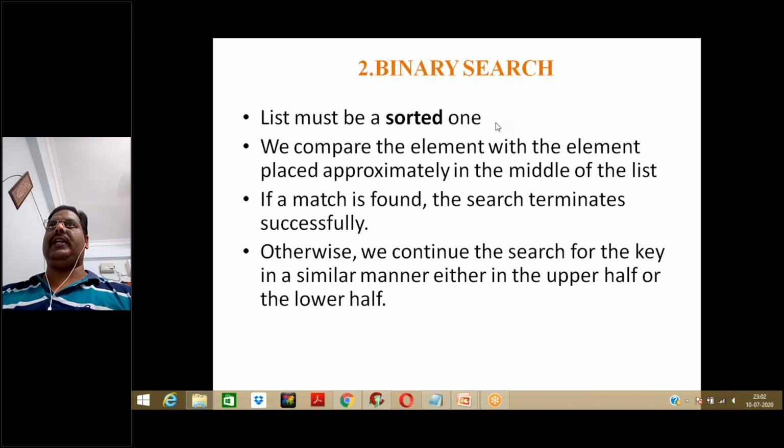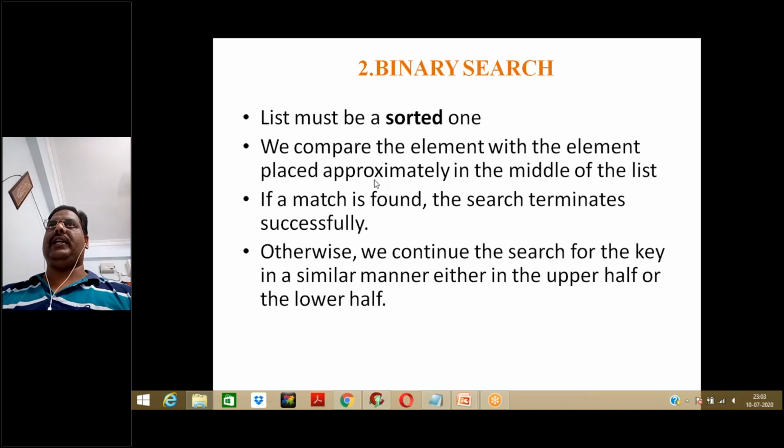You can use some other techniques in data structures, which are nothing but bubble sort, insertion sort, selection sort, and a lot of techniques, so that you can apply any of the sorting techniques on that unsorted list. Once you have sorted that, then we can apply the binary search. So that is mandatory: only on a sorted array can we apply the binary search technique.